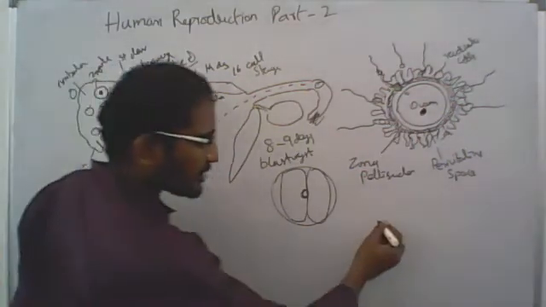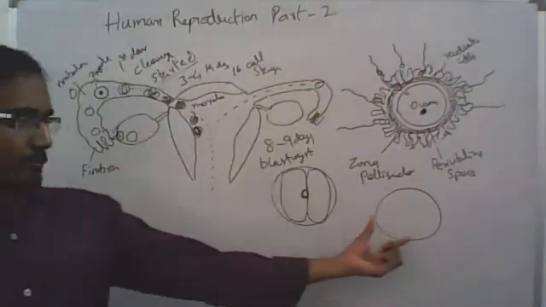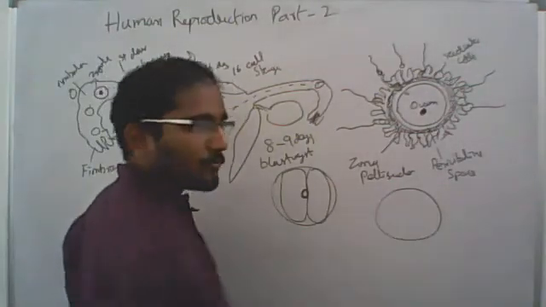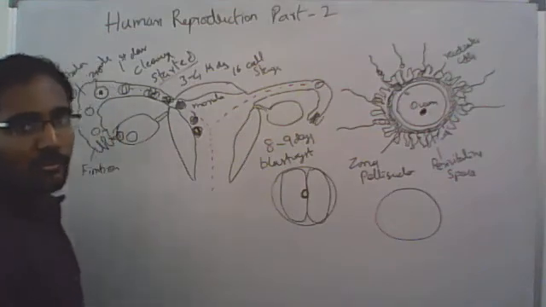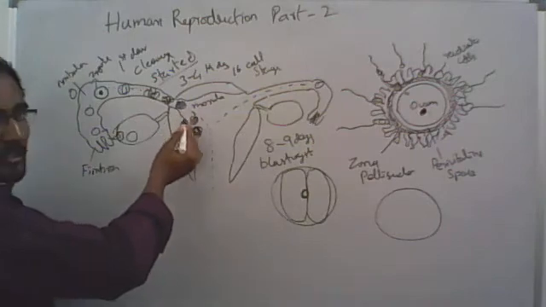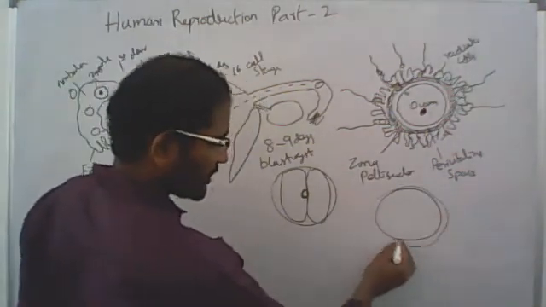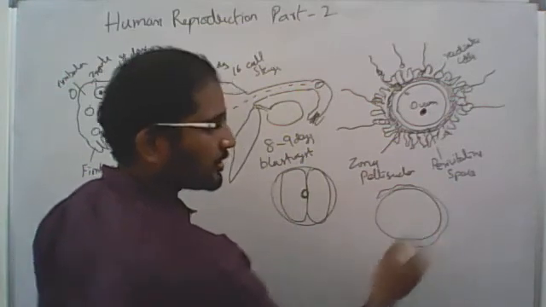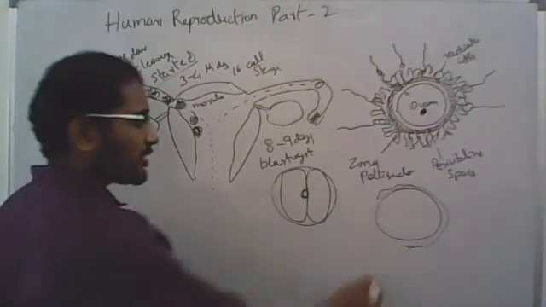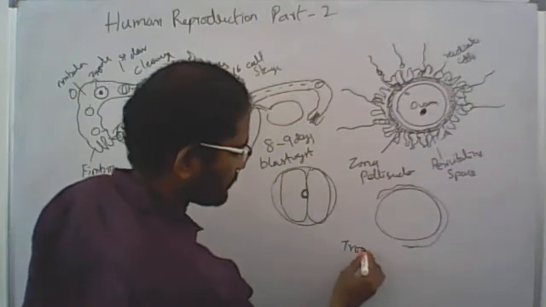Just consider this is the blastocyst. It moves out of its zona pellucida layer. The zona pellucida is the outer layer of the ovum. It is there in all the embryos, but at the blastocyst stage, the zona pellucida gets removed from it. Now the topmost layer is the trophoblast.